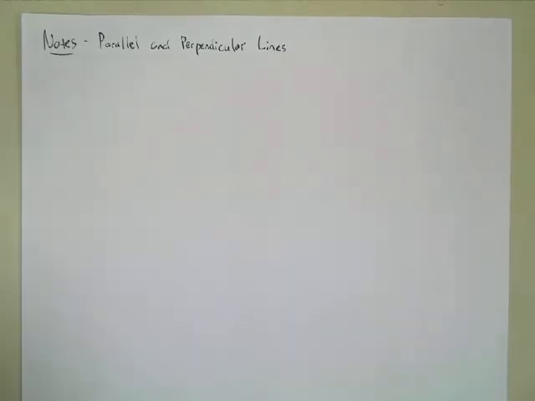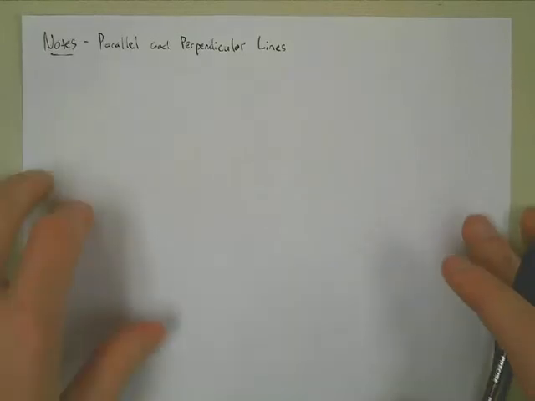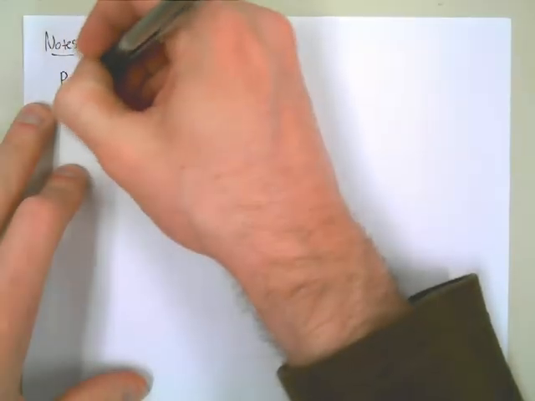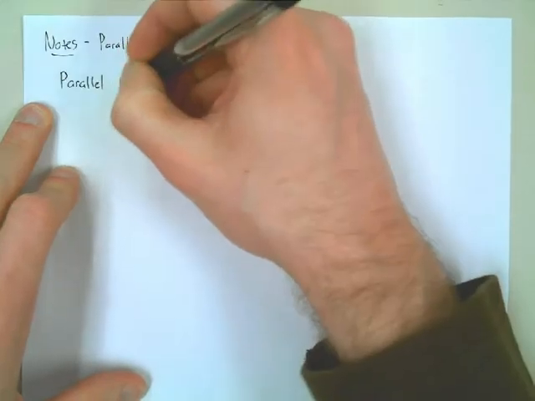So we're going to talk about parallel and perpendicular lines, okay? Now, these concepts are going to show up also much later in this class when we talk about quadrilaterals, so that's like rectangles and squares and rhombus and trapezoids and all that fun stuff, okay? So that's going to show up then, but we're also obviously going to use it now to talk about some things too, okay? So we already remember from the warm-up that parallel lines